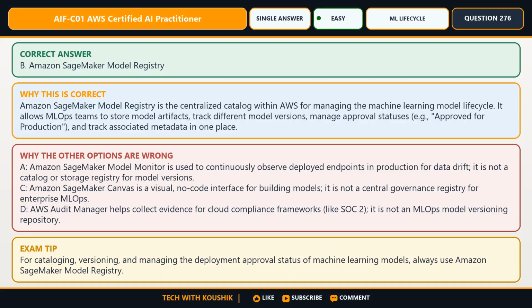The best answer is B, Amazon SageMaker Model Registry. The key clue points here because Amazon SageMaker Model Registry is the centralized catalog within AWS for managing the machine learning model lifecycle. It allows MLOps teams to store model artifacts, track different model versions, manage approval statuses, for example, approved for production, and track associated metadata in one place. The incorrect choices are plausible,